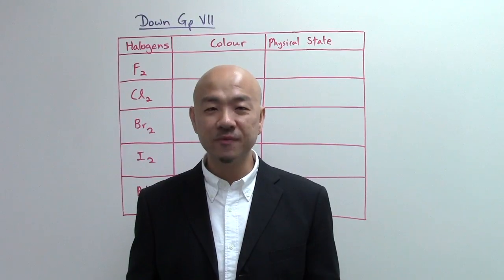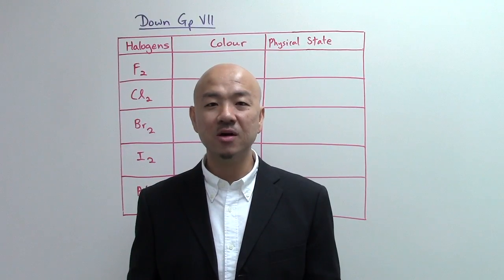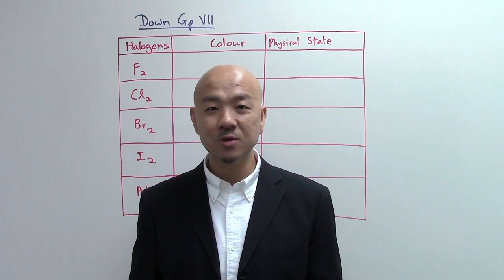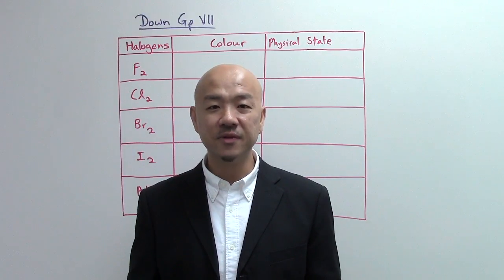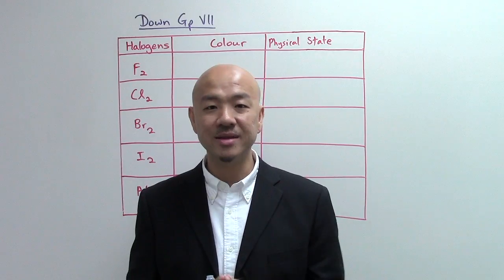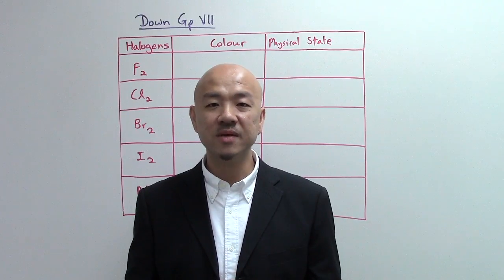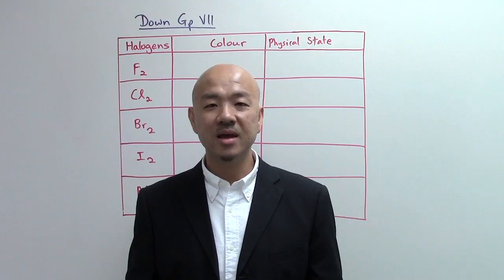Today I'm going to share with you the group trends of group 7 elements of the periodic table. They're also known as halogens. At the end of this video, you will learn 4 trends of the group 7 halogens that are heavily tested